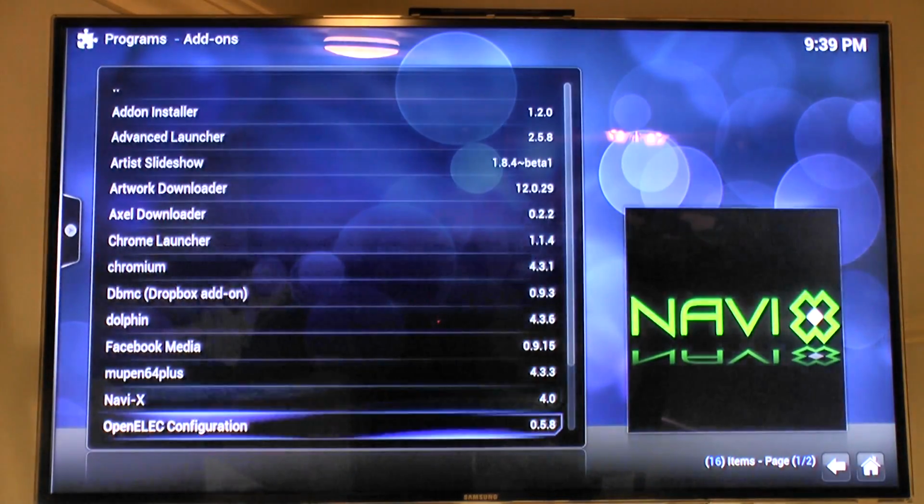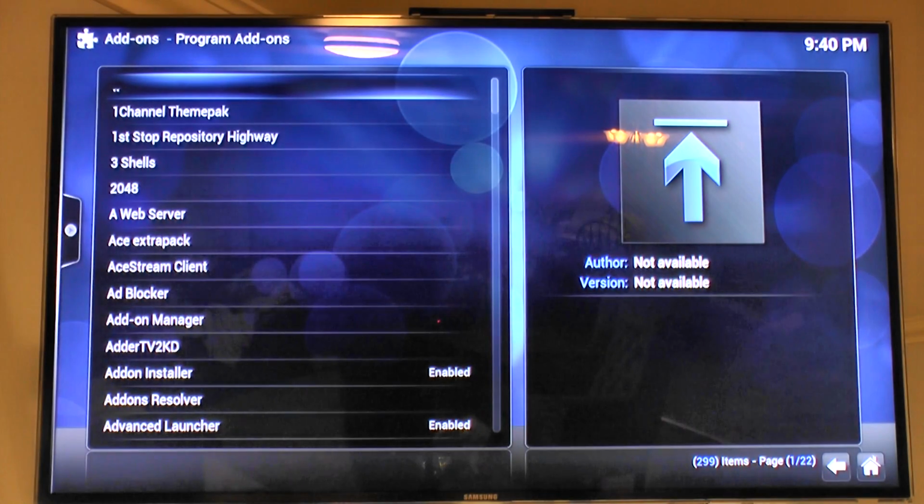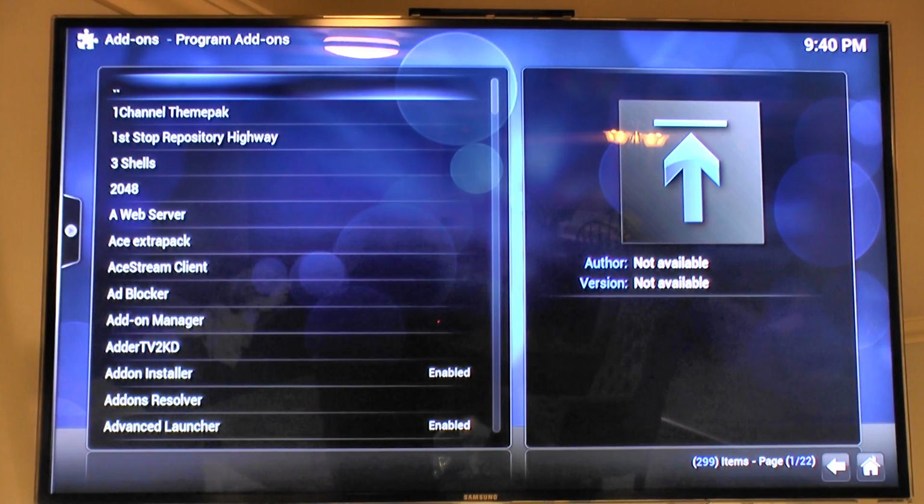Okay, and same idea. You can go to get more. It will bring up some different programs that are available. Now I will tell you this, for the people who don't buy this particular version from me and they're at home and they built their own Raspberry Pi for Kodi,